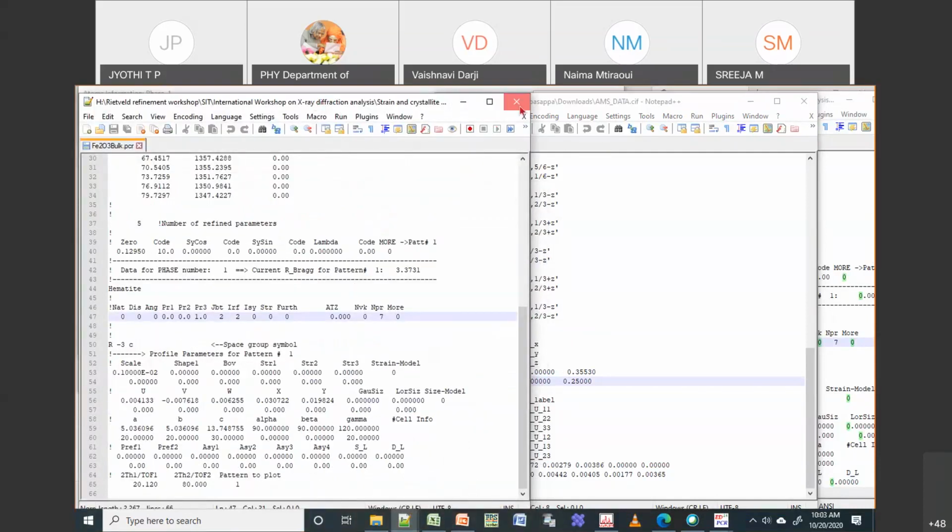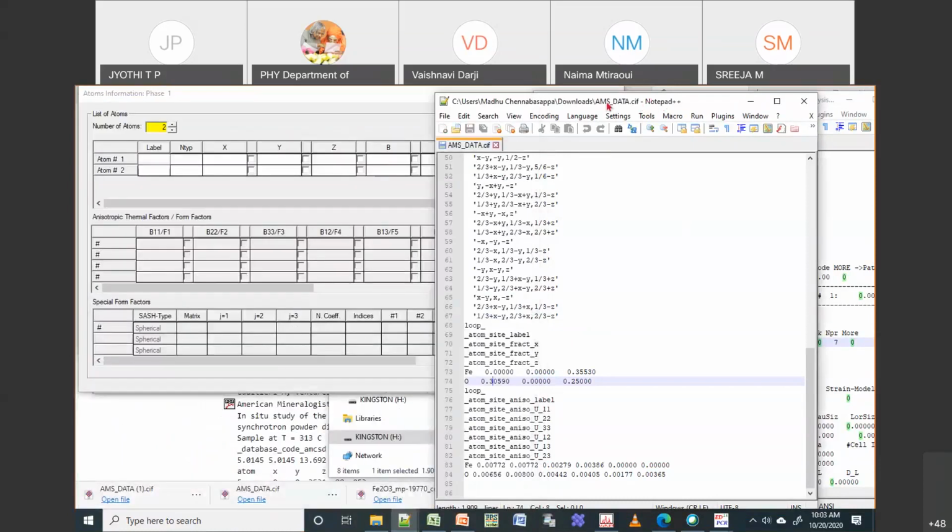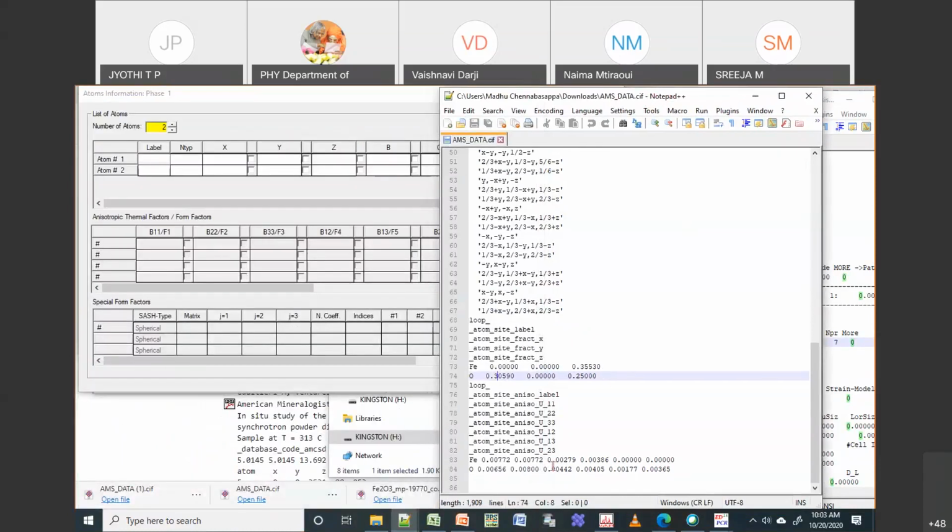So I'll get rid of this. Okay, fine. Sometimes in some zip files you will see more number of space groups. That means it is generating all the possible Wyckoff positions. But in principle you don't have to give all the positions. Your program will generate them by itself. Okay, so that is one thing.